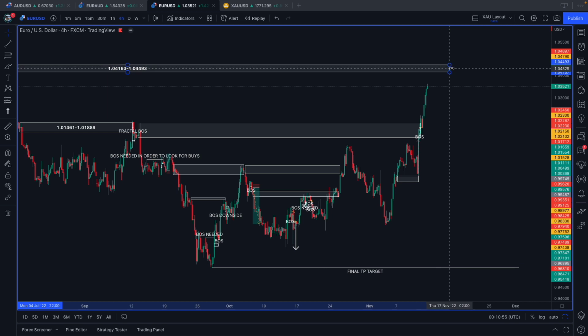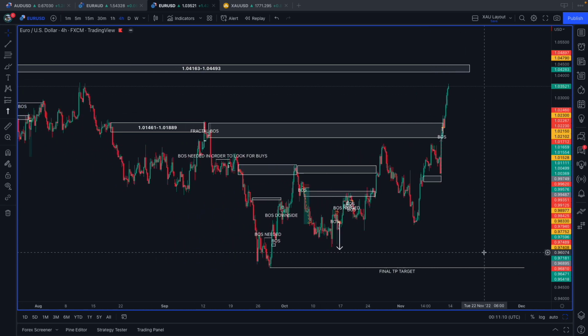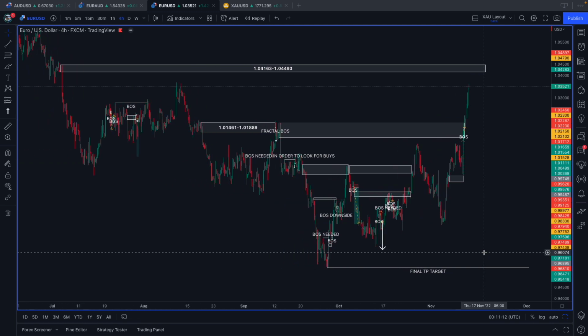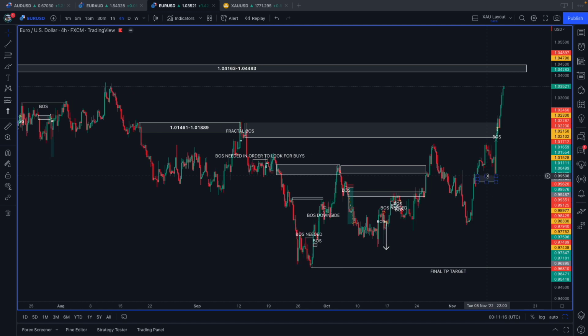So we can expect that there is plenty of supply waiting there to be activated and waiting to be put into this market. So hopefully when we get a penetration of this zone, like with the other two pairs that we've already looked at, we can then look to sell into this market and take advantage of the next impulsive wave lower. Okay, so mark out the zone for yourself, be patient and wait for price to trade us into that zone.